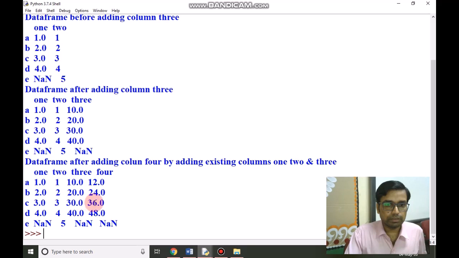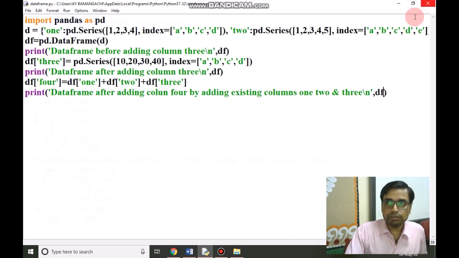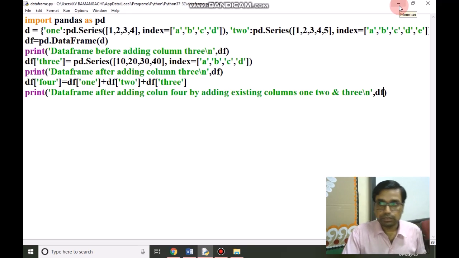In this same way, this is the addition, because here 9 plus 9 plus 5... so it will show here 9. In this way, we have added more columns to the data frame with the help of Series and with the help of existing data frame columns. So you can try it.